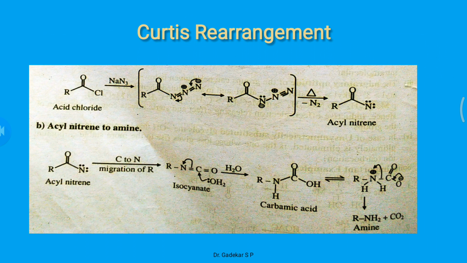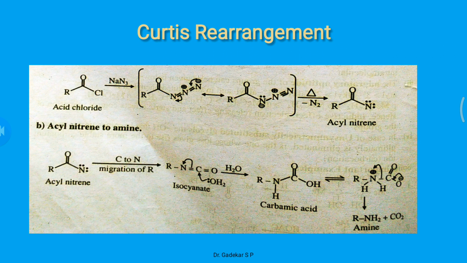Okay, so the acid first reacts with thionyl chloride to form, say, acid chloride or acyl chloride. Okay, so the acyl chloride reacts with sodium azide, NaN3, it is sodium azide. Sodium azide reacts with acyl chloride to form, say, the intermediate acyl azide. Okay, so this acyl azide is highly unstable and then removes nitrogen gas to form, say, acyl nitrene, and acyl